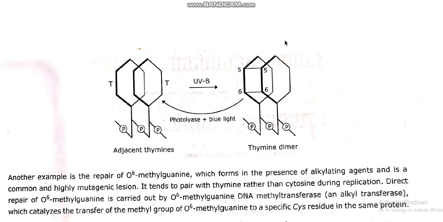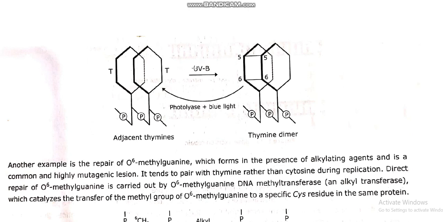So the first thing we will discuss is the first type of DNA damage, that is due to ultraviolet radiation. Okay, so if a DNA sample or DNA strand or a particular organism is exposed, whether it may be bacteria, human being, any animal or even plants, to UV-B light, and the DNA has consecutive thymine bases.